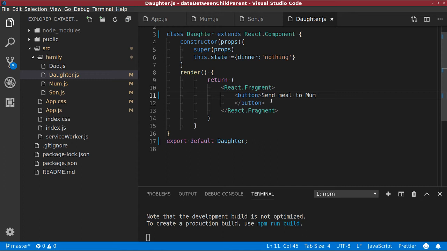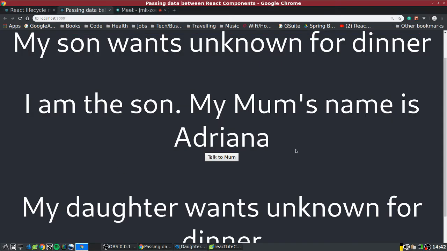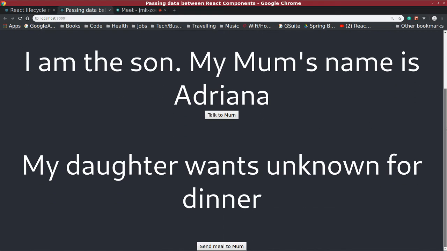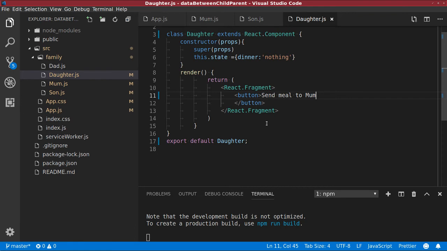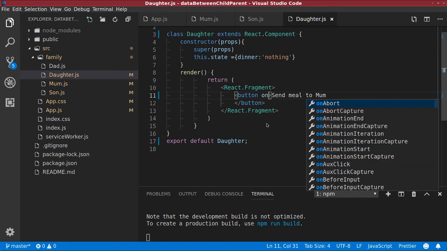Then what? What's that going to do at the moment? At the moment, it's not going to do anything. It needs a function, an on click. So at the moment we've just got my daughter wants unknown for dinner, send meal to mum. So we've got a button, but if we click it, nothing happens, right? Event please, on click. So let's do an on click. Where does that go? On the button. So when we click in the button,